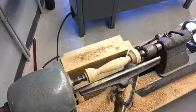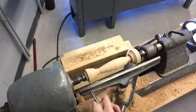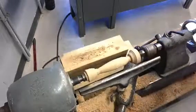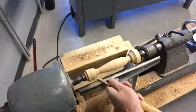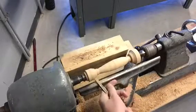You can see here I'm getting closer to getting it to the right size. This does take time. Again, this is time-lapse video, so it's going in fast motion, but this does take time, and just continue to pay attention to the shape that it's supposed to look like, and also the size as well. You do not want to make the head too small,